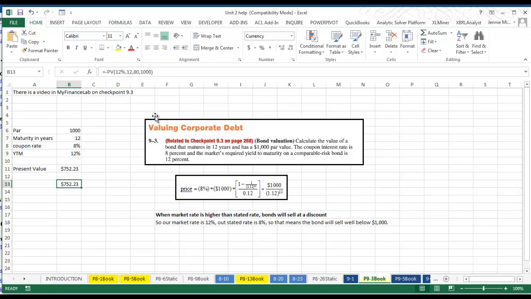So hopefully this will help you understand how to calculate or value corporate debt,